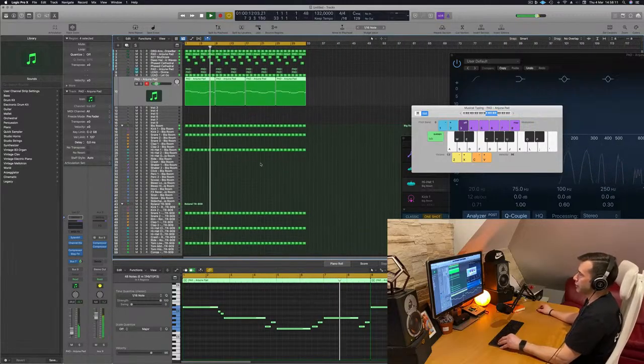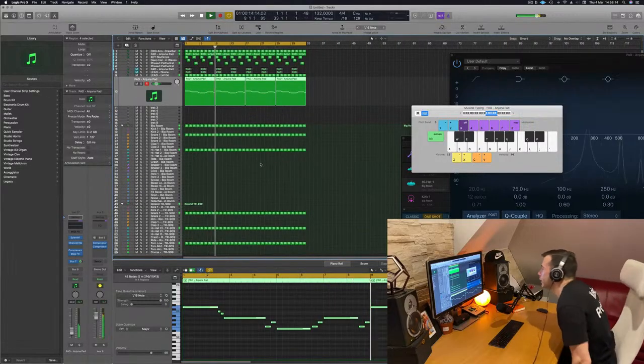I think we're onto something, guys. I think this is gonna be worth the template on our site, wemakedance.music.com, and this is gonna be it for